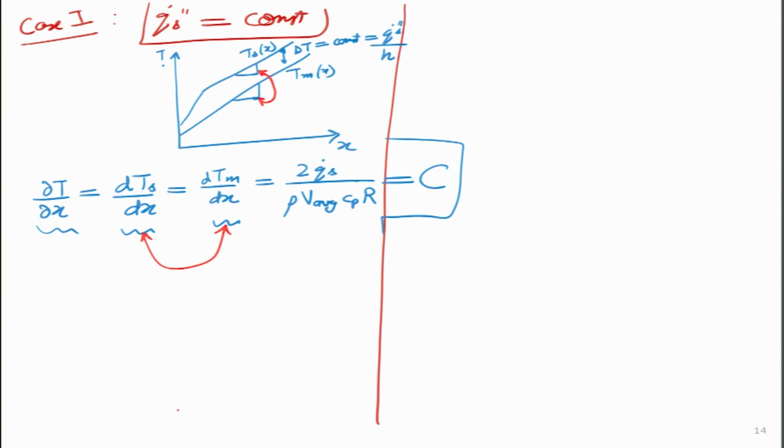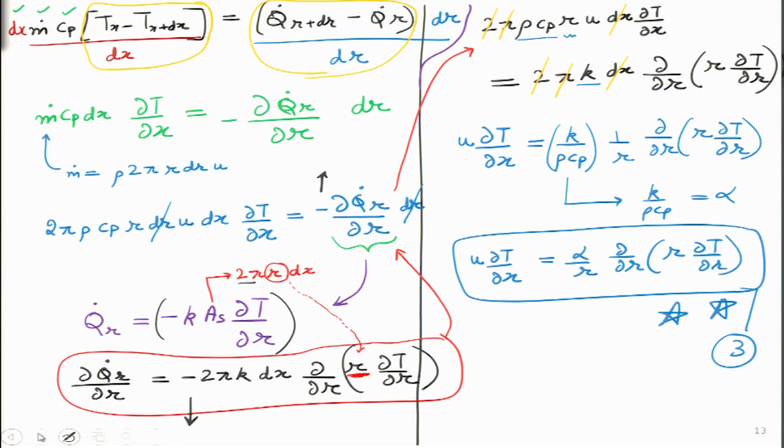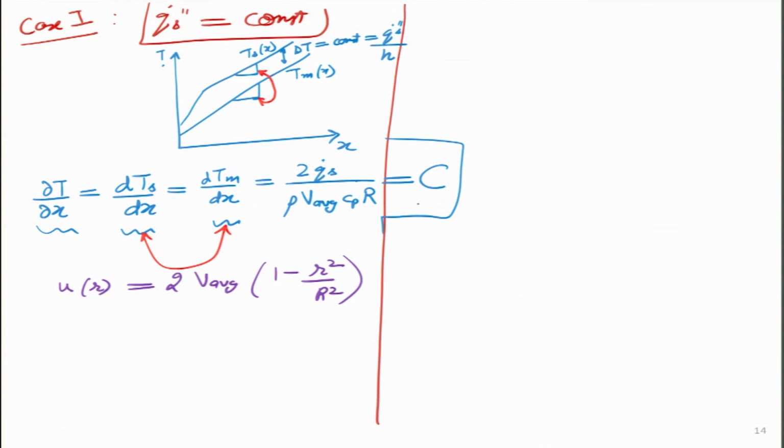Second thing we already have is the velocity profile inside a fully developed flow. So, we can write for fully developed flow, we already know this is 2 V average (1 minus r square by R square). So, where were we in equation numbering? This was equation 3. Let me put this whole thing as equation number 4 and this as equation number 5. So, we are running into a lot of equations, but do not worry.